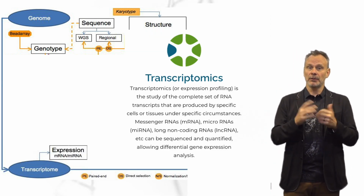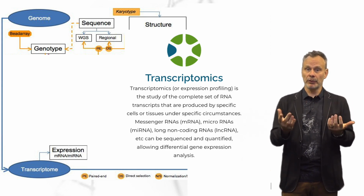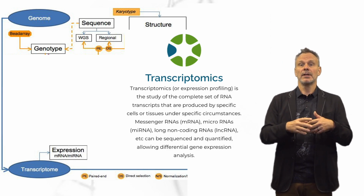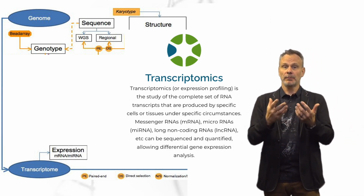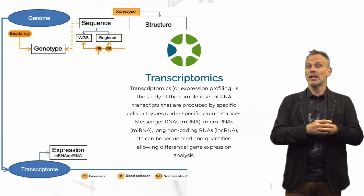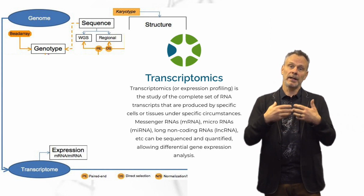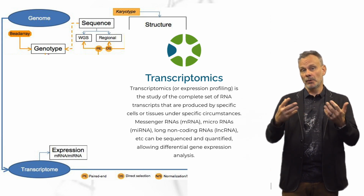Transcriptomics is also known as the domain of identifying all the transcripts or RNA that are present within a cell. They are produced under very specific circumstances, under very specific conditions, or during very specific genes. RNA comprises messenger RNA, microRNA, and long non-coding RNA, which can all be sequenced and quantified using differential gene expression analysis. Our methods also allow us to identify new splice variants like alternative splices, which can then all be applied to,